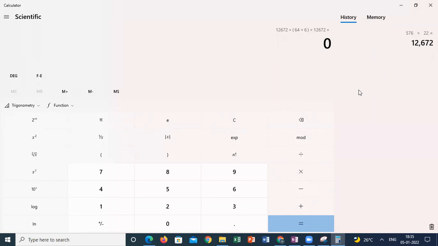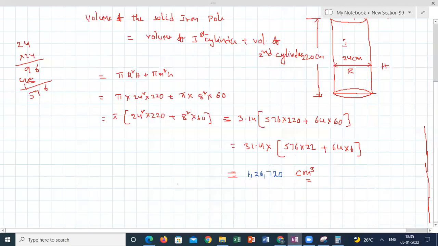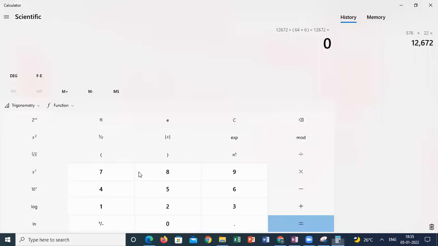Yes, we need to add 12,672 and what is the value we got? 64 into 6, 384. So 384 plus 12,672, sir, is equal to